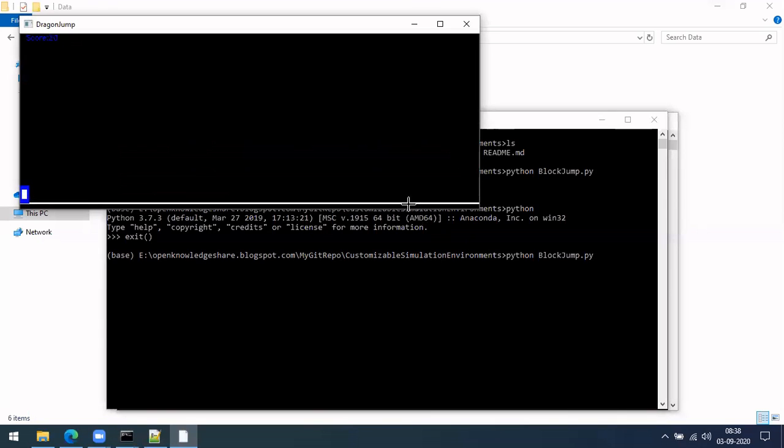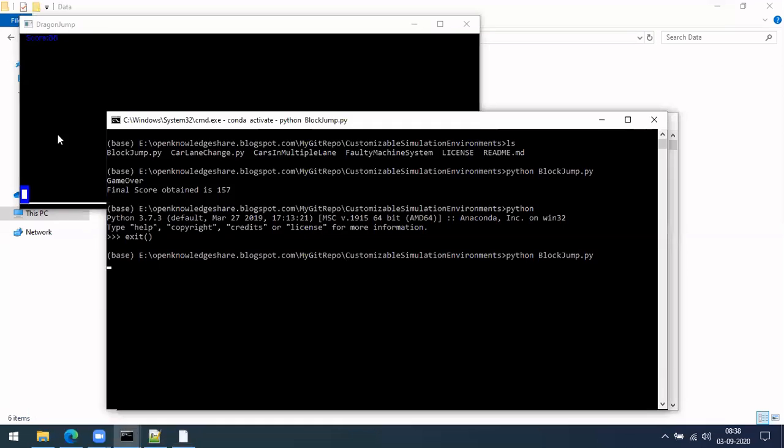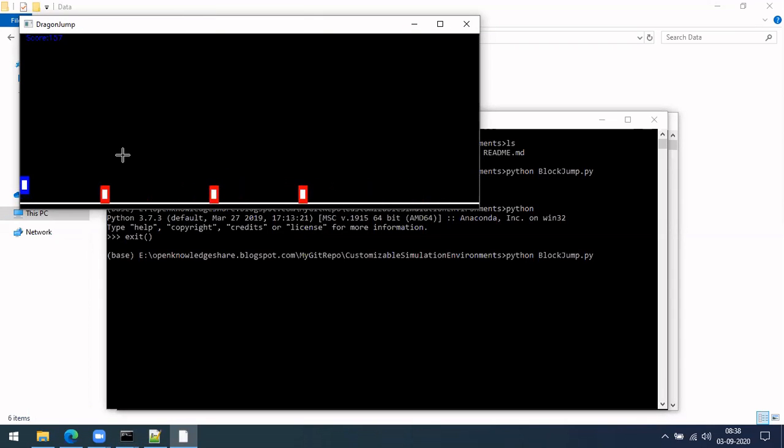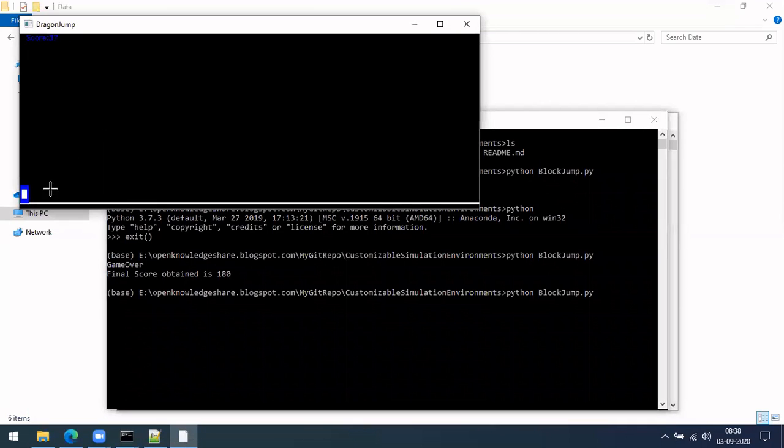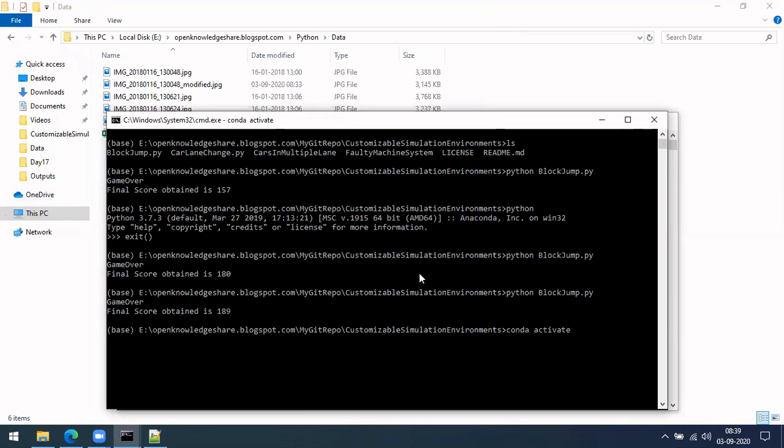Okay. So if you see, this is a kind of image of what it will look like. Python block dot jump. You can see these boxes are moving here, and our user box is this blue one. I kept it so the game closes once you touch that red box. And this is able to read our keyboard input.